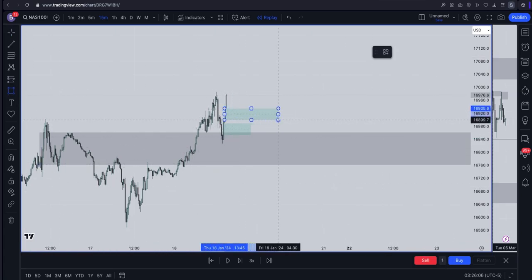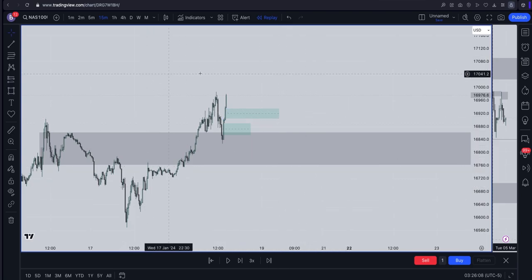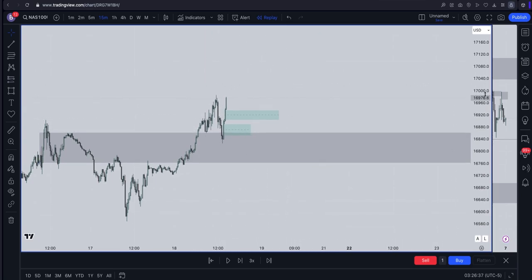What I do sometimes, most times, is that once everything has lined up, I would take my first entry here. Let's say if I was going to risk maybe $200 in the trade, I will risk 100 here. Then when price comes back here, I'll risk another 100. This doesn't happen every time, because sometimes you might take a trade here and set your stop loss here, price will come back for this and take you out, and then move in your direction, and everything here is already lined up.